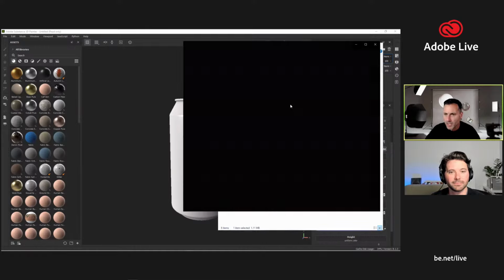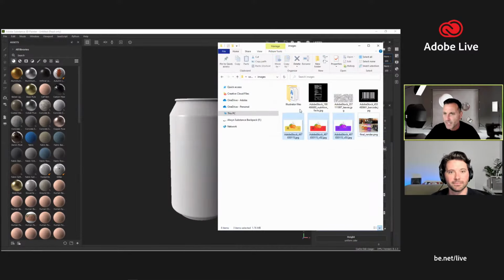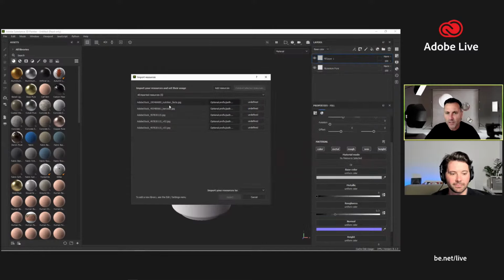And I'll just pull that up so you can see it. So we're gonna do this. We're gonna grab these three. We're gonna create these three cans and drop it into a background like that. So I'm gonna grab these images, and all I'm gonna do, I've selected them all, I'm gonna just drag and drop them into my shelf, and we get this little interface that asks us what